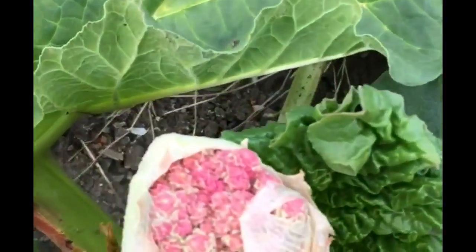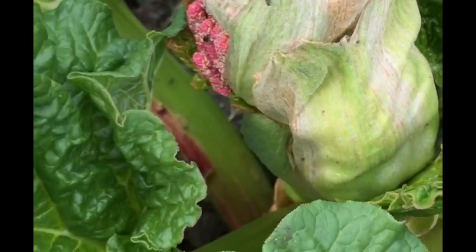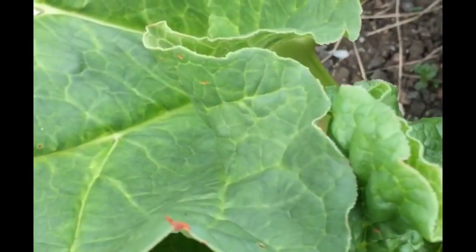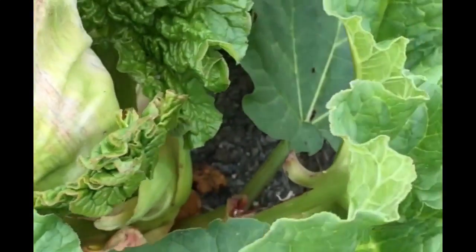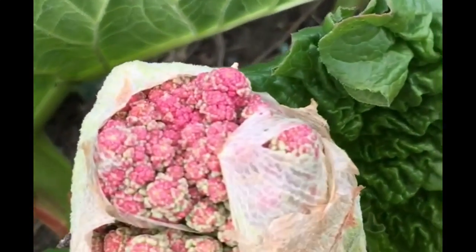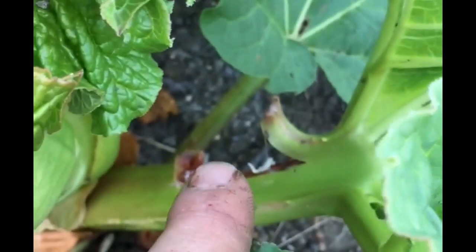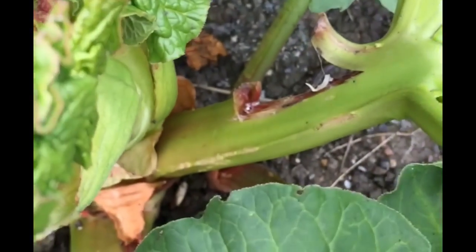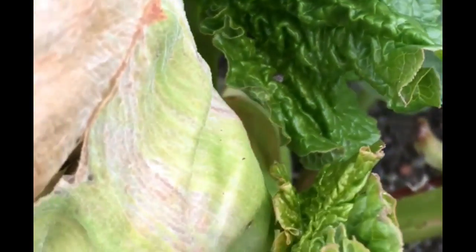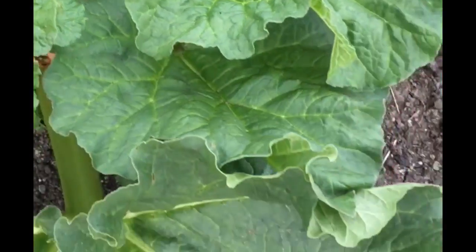Now this one, what is going on here? Does anyone know? Aaron, I know you're a bit of a rhubarb king in my opinion, so if you could let me know what's going on here, I'd be very grateful. Just noticed something's been eating the rhubarb there, and it looks like ants. Do ants eat rhubarb? I really don't know. There's a lot of ants on here, so that might be worth looking at